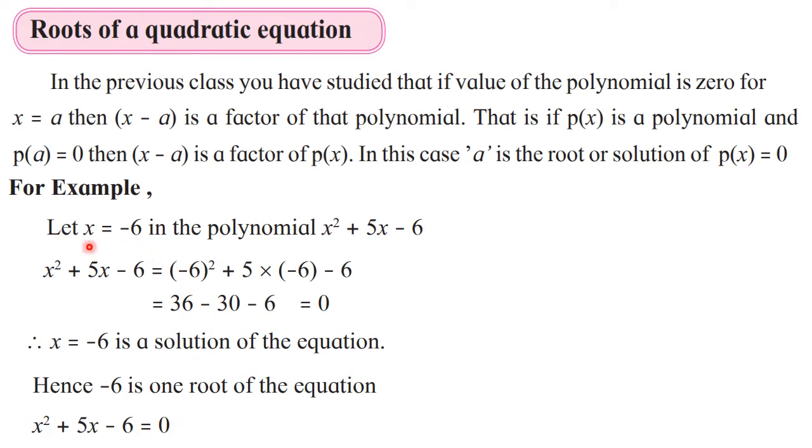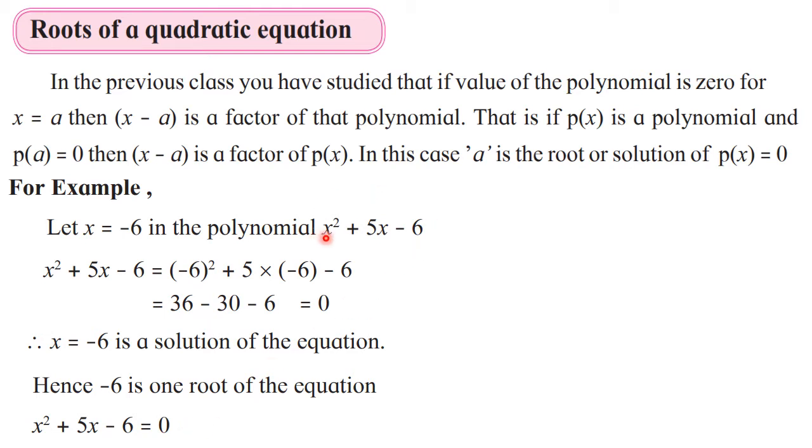Okay, so for the value x is equal to minus 6 here, since the value of the polynomial is 0, that means it is equal to the right hand side of the equation. So here you have to find the left hand side separately and compare it with the right hand side. And the right hand side is always 0. Just think of the standard form x square plus bx plus c is equal to 0. So here the same concept is used. So here I can say that x is equal to minus 6 is the root or solution of the equation x square plus 5x minus 6 is equal to 0.